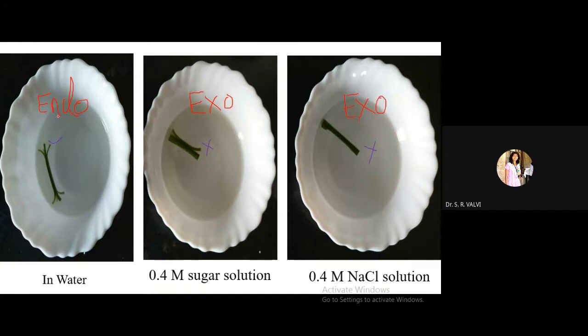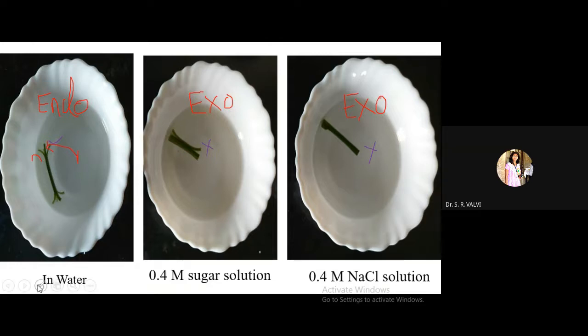So what exactly is endosmosis? The solvent molecule will move from its lower concentration to higher concentration, right? And hence the water will move from the bowl towards the cell, right? And hence the cells of this petiole become turgid, particularly the inner cells of the petiole become turgid. It creates the turgor tension on the outermost cells, and hence the curling occurs. See here, this is the curling part.